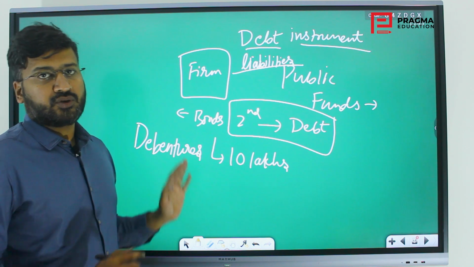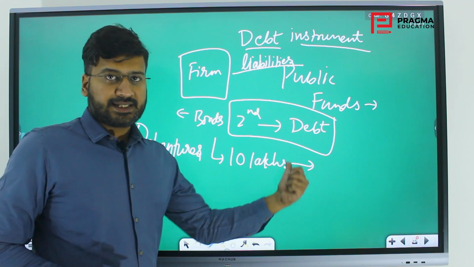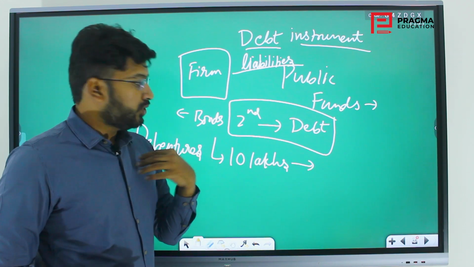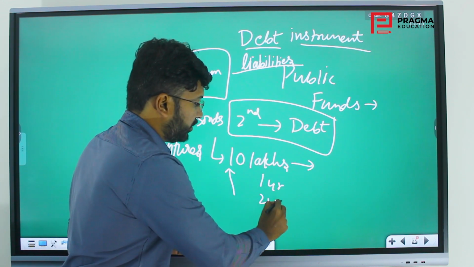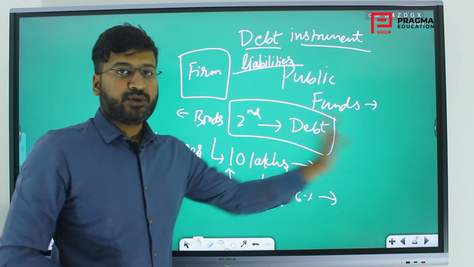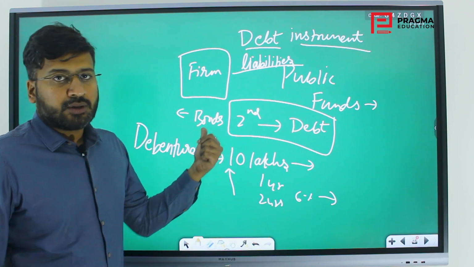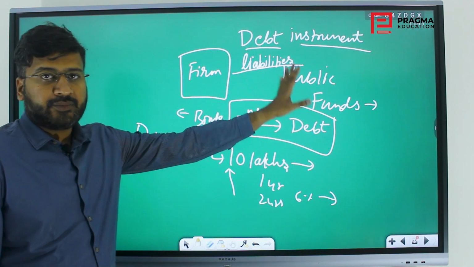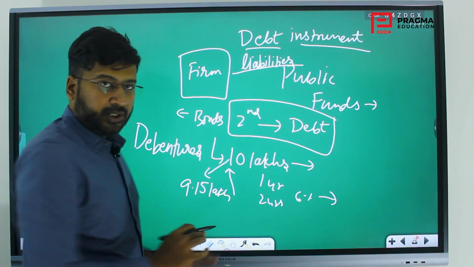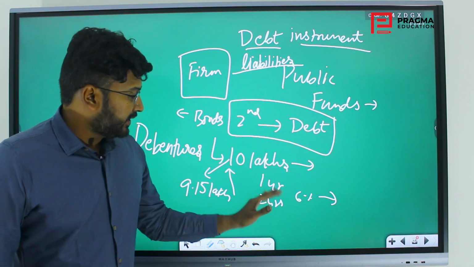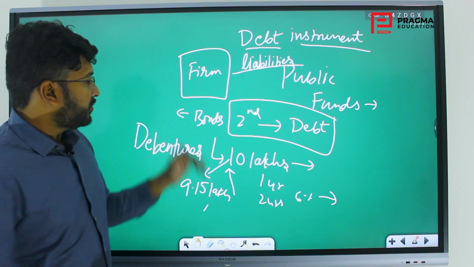Debentures are also bonds only. A bond is an agreement. What the agreement says is that I am raising 10 lakhs as a debt, and you are the person giving it. So you will pay 10 lakhs to the company, and the company will say that after 1 year or 2 years, I will give you this much percent of interest, and in the end I will pay you some extra. Almost all the bonds are discounted bonds, even among debt instruments. They will be sold at 9.15 lakh or 9.2 lakh, and at the end of the term the face value of 10 lakhs is achieved. That is a discounted instrument. So these are the bonds.